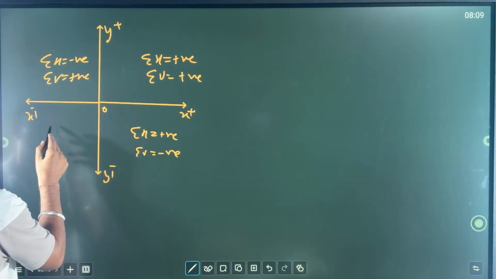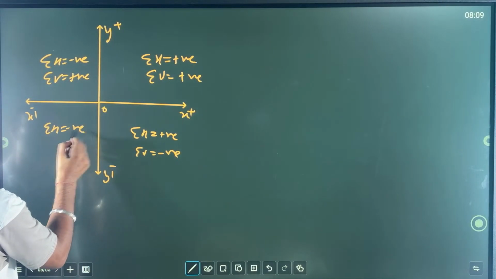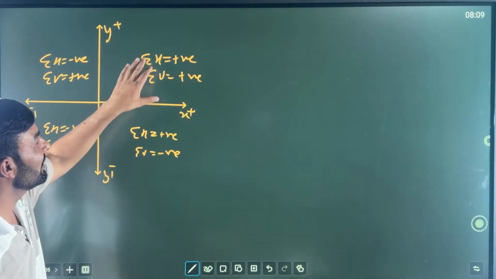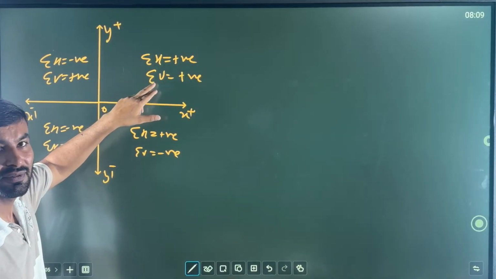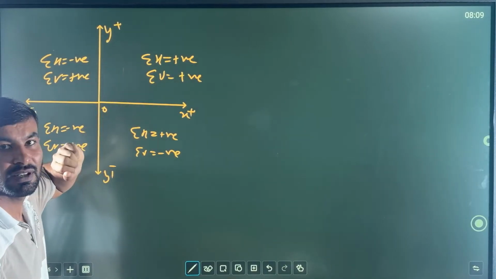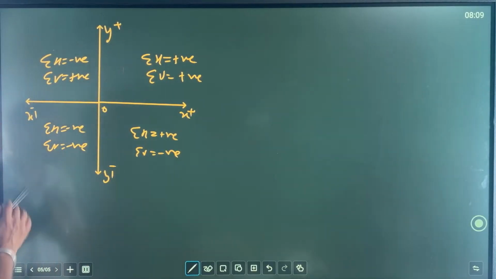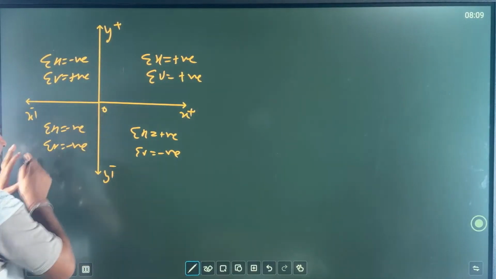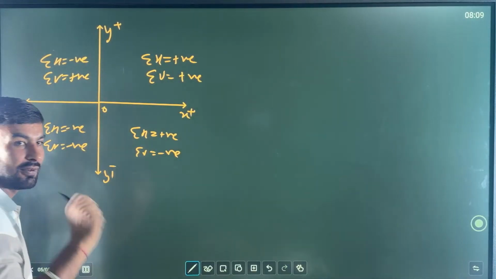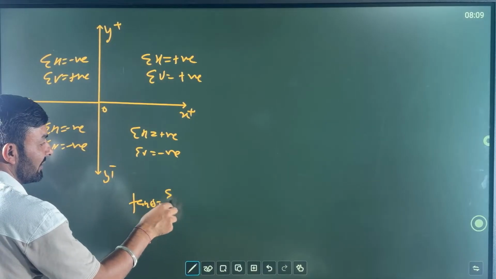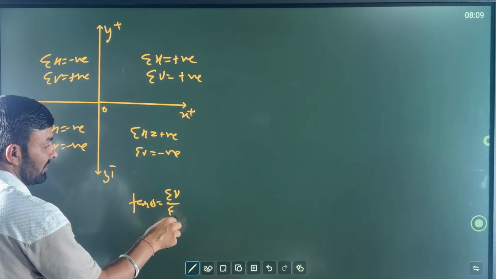भाई, बी केयरफुल। हियर समेशन इज नेगेटिव, समेशन विल बी नेगेटिव। जब आप ये वैल्यू निकालोगे, सिग्मा एच, सिग्मा वी की वैल्यू निकालोगे आप, और बाई चांस आपकी वैल्यू दोनों नेगेटिव आ गई, तो उनका रिजल्टेंट इसी क्वाड्रेंट में आएगा, बी केयरफुल। जब आप एंगल निकालोगे tan थीटा, तो आपको ध्यान रखना, माय डियर फ्रेंड्स, summation of v by summation of h